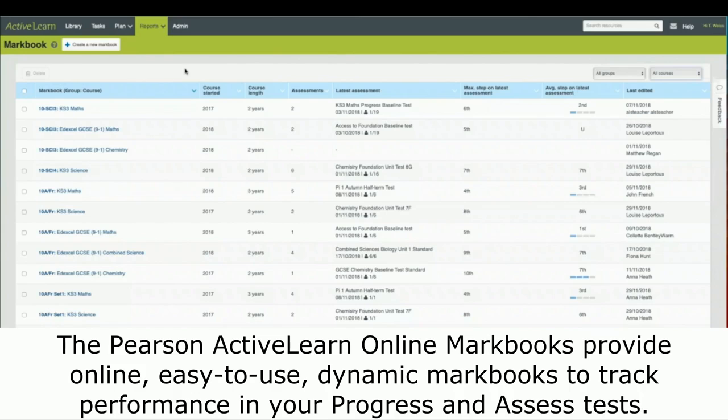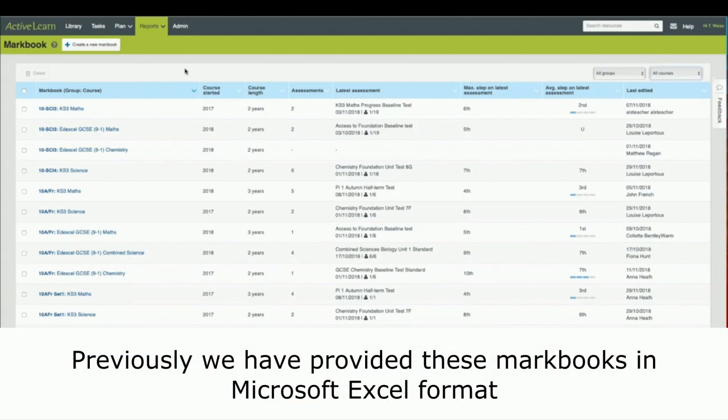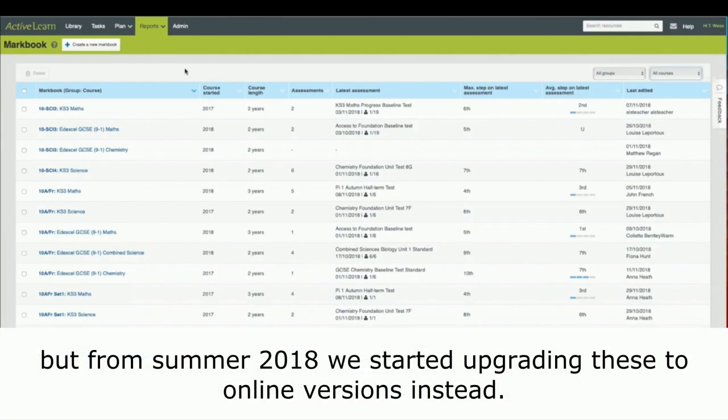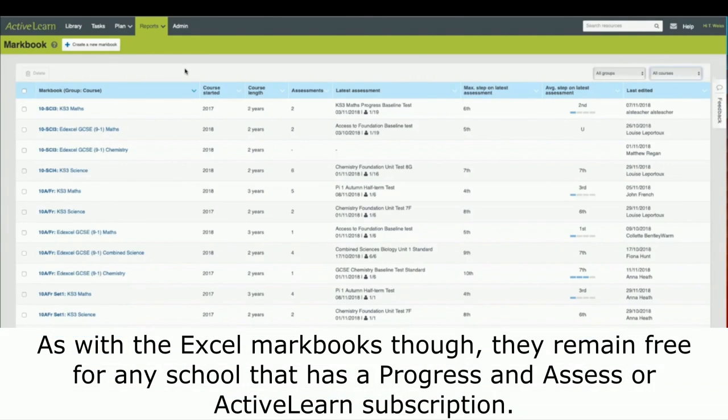Pearson ActiveLearn online markbooks provide online, easy-to-use dynamic markbooks to track performance in your progress and assess tests. Previously, we've provided these markbooks in Microsoft Excel format, but from summer 2018, we started upgrading these to online versions instead. As with the Excel markbooks though, they remain free for any school that has a Progress and Assess or